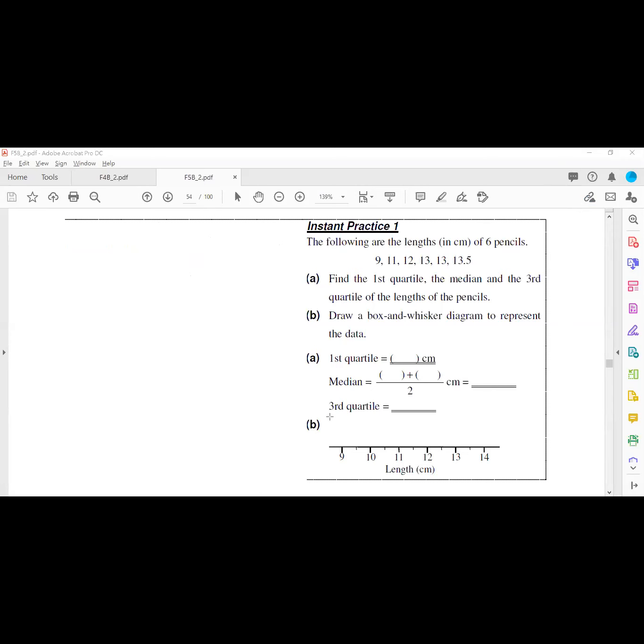Okay, so 6 data. The middle position is here. Middle position should be like this. Okay, so that is the middle part of 12 and 13. So Q2 is equal to 12 plus 13 divided by 2, should be 12.5. Okay, so median is 12.5. 嗱，呢度留意，佢有單位嘅，cm，即係個 data 有單位嘅，係咪？